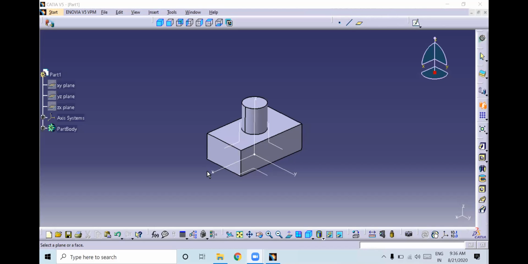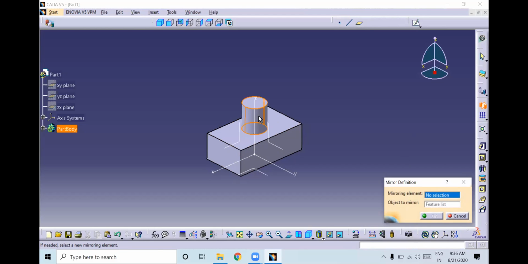Okay, so if you want to mirror this, go to mirror, select the feature.